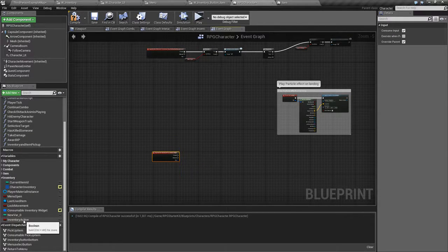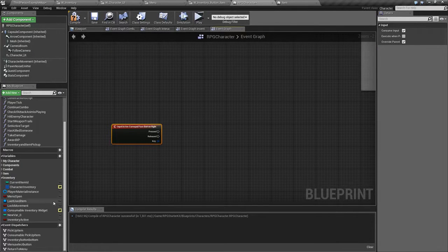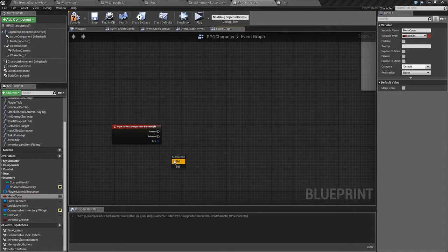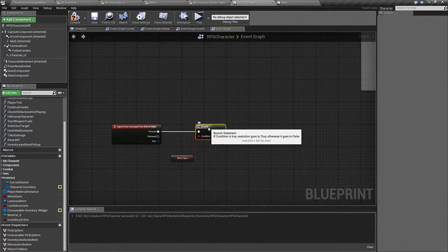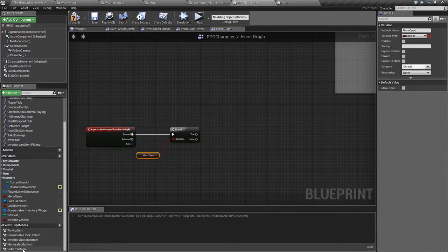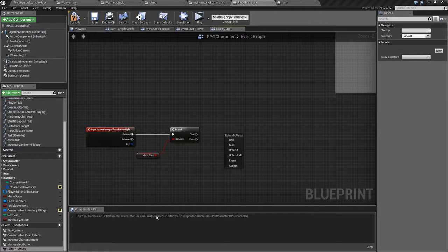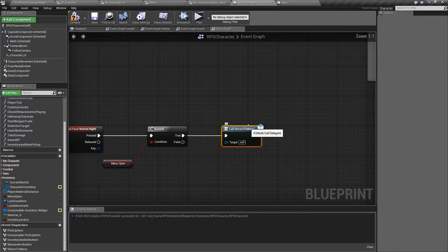So I'll get open menu. Get that. If it's open, when the button is fired, it will then call return to menu,